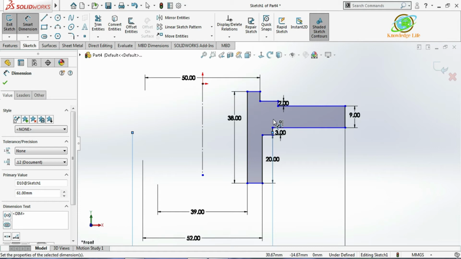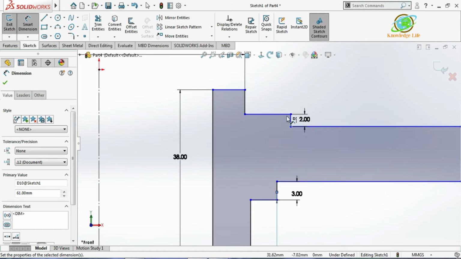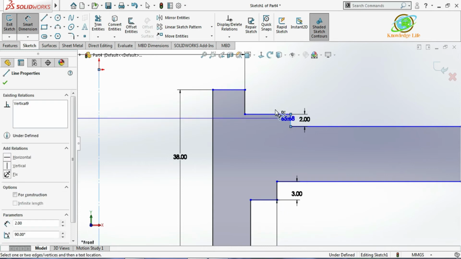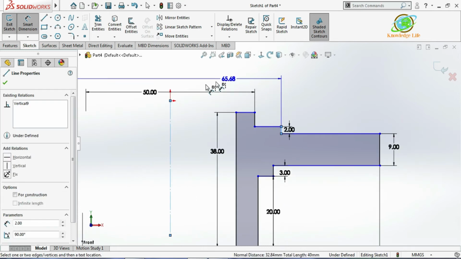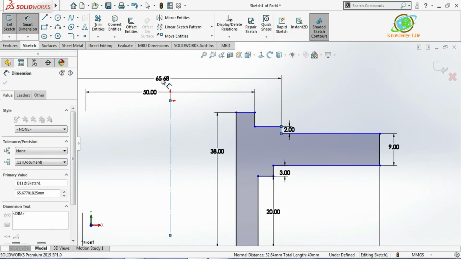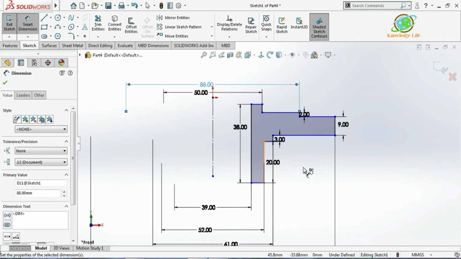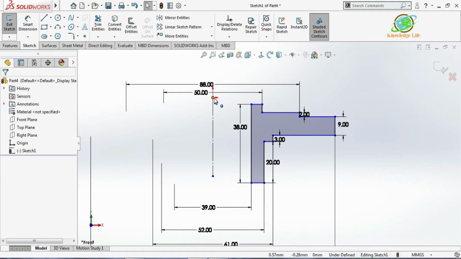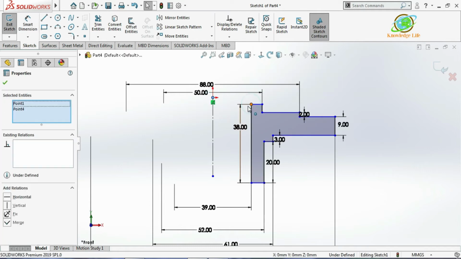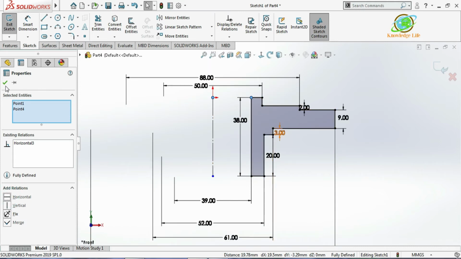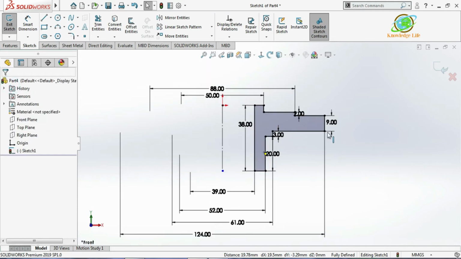Next for this, having the diameter 88. Now you can give the value here 88. Now I will just do one thing. I'll make this and this horizontal. Now you can see your sketch is getting fully defined.